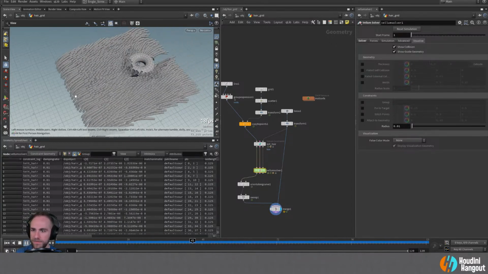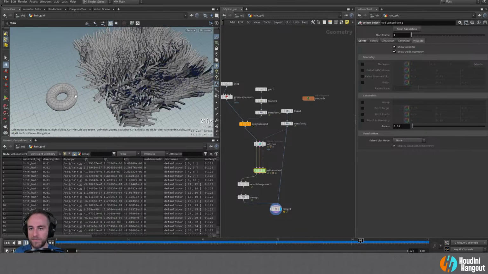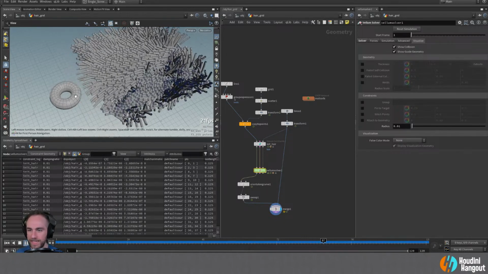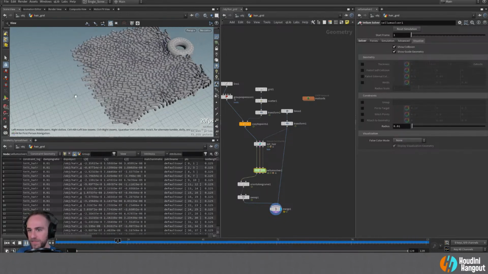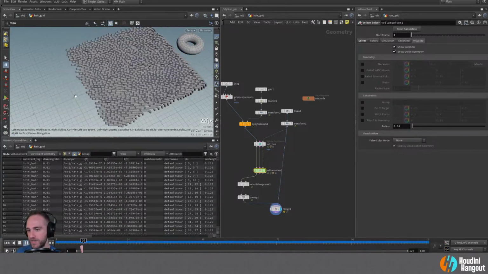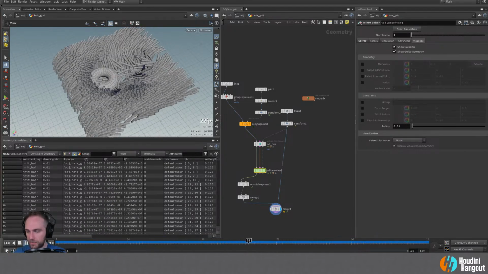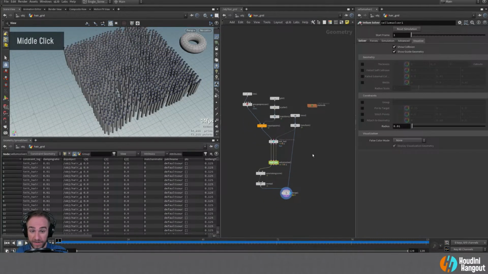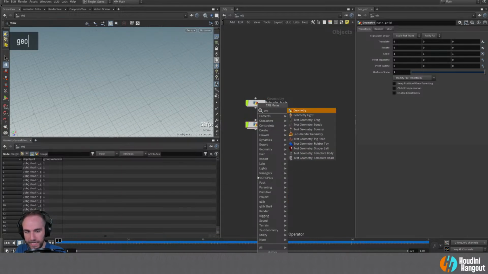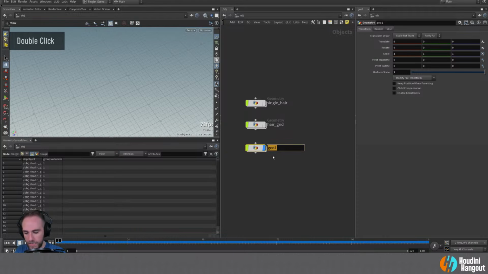So let's now take this and move it into more of the character world, or something that would maybe be fur or hair or something like that. So let's kind of take this to the next step and play around with something that would be a little bit more practical and maybe more photorealistic, or a character-based workflow. So let's do that. We're not going to do anything with a character for sure, but let's play around with that. All right, so I'm going to turn those off, and let's do a geometry again, and we'll say here,